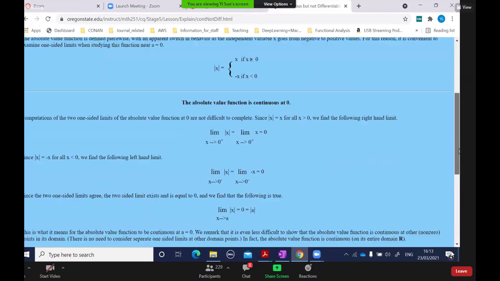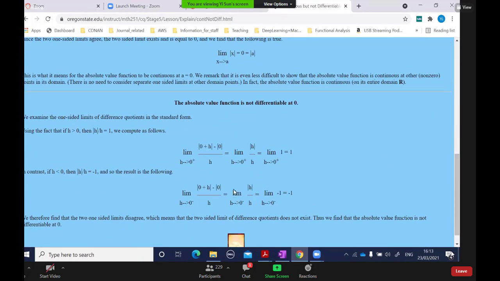Have a look at here. By definition, we need to calculate the change of the function over the change of the variable under this limit, when the variable change approaches 0 from the right-hand side and from the left-hand side. If they are equal, then we say this function is differentiable, or we can find a derivative for it.